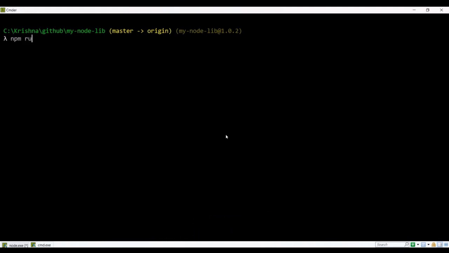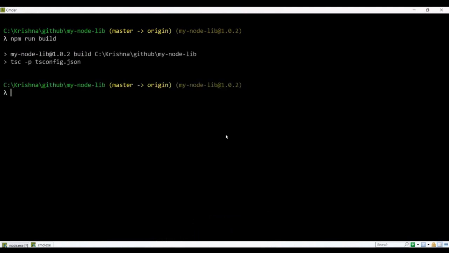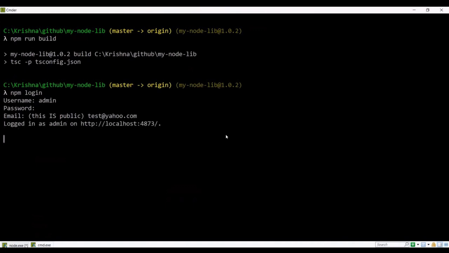npm run build. Once the build is completed, we have to log into our private repository using npm login. Provide the username, password, and the email ID which was provided in the adduser command. It's logged into our private repository.